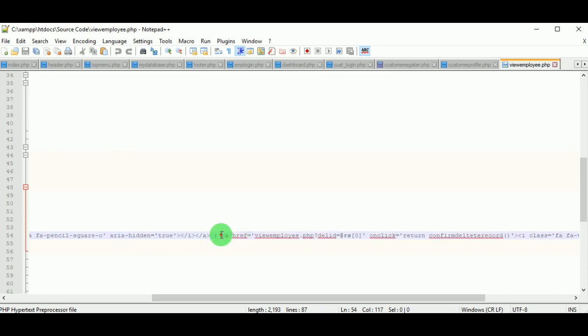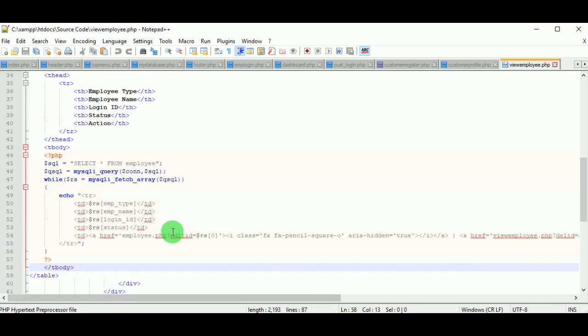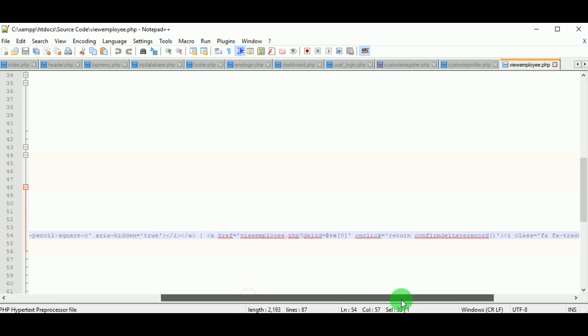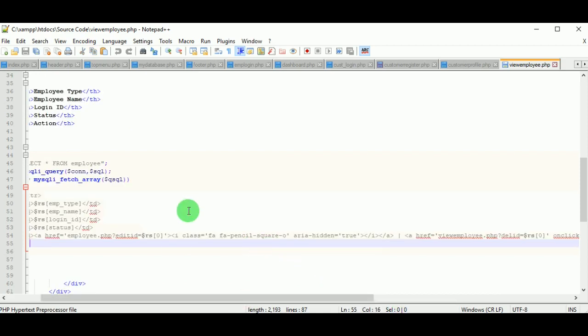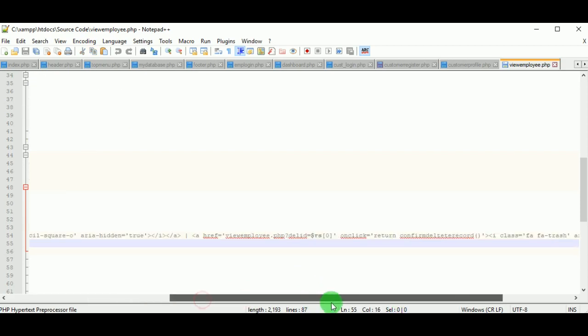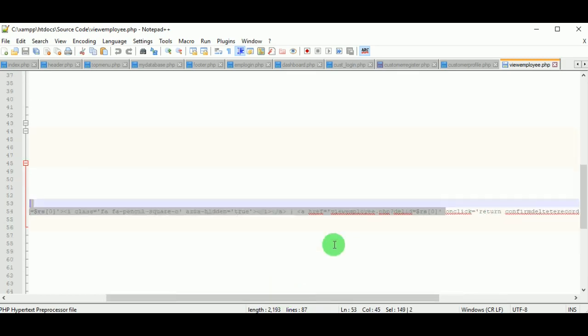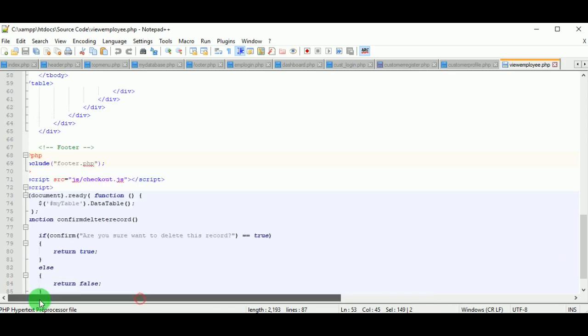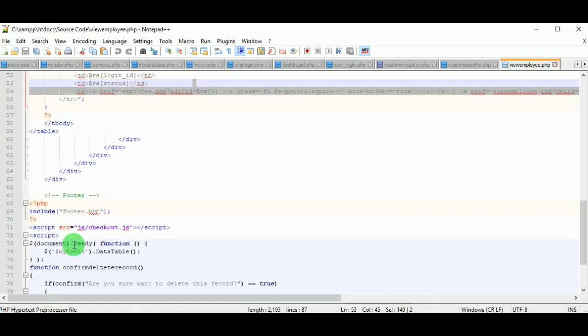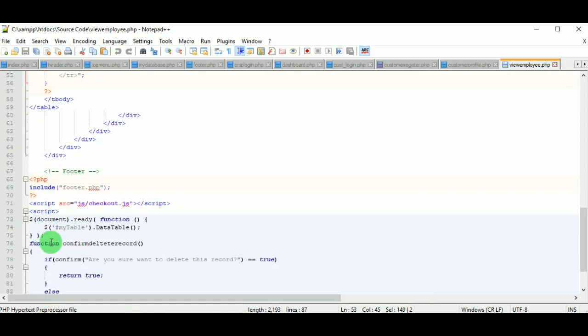So in the tr, in the td, you can see there are different rows, and next at the last there is action. For the action there is view employee.php, delete and employee.php for edit. So these are the two different files which are used using the anchor tag as a link for edit and delete. You know how the edit works, because we have seen the update query. So edit works with the update query. And we don't know how the delete works. Let us see how delete works.